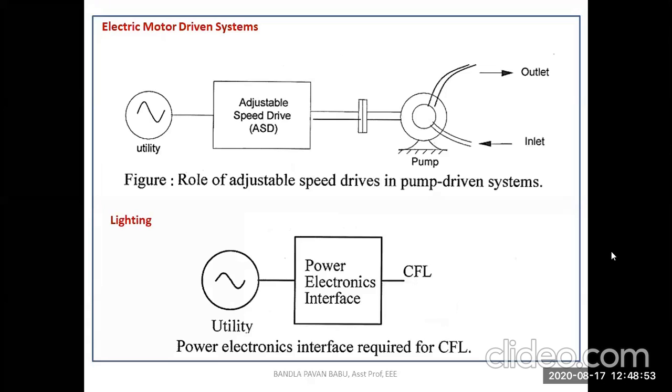So next, coming to the electric motor driven systems. Okay, so again adjustable speed drives are there. So there it is going to pump the outlet and inlet. So let us consider the motor, especially in agriculture purpose, or in our household purpose also, we might be using a motor. When the motor water tank is filled automatically, we can turn off the motor, or by using a remote also we can control the motors there. Okay, so we can control the speed there. Likewise, in a pump driven, in the sense it is mostly we can see on the industrial side.